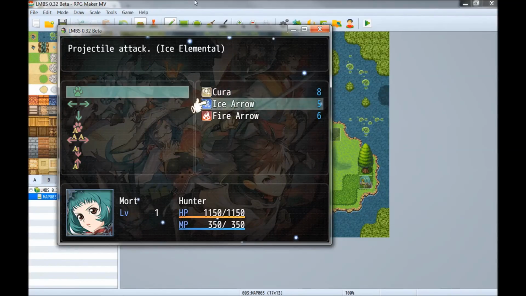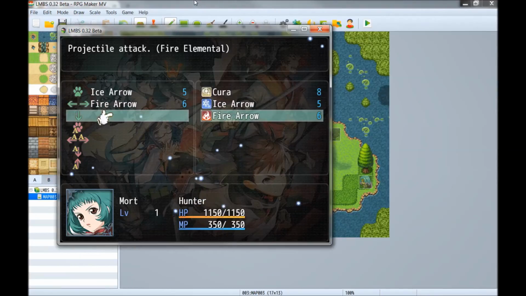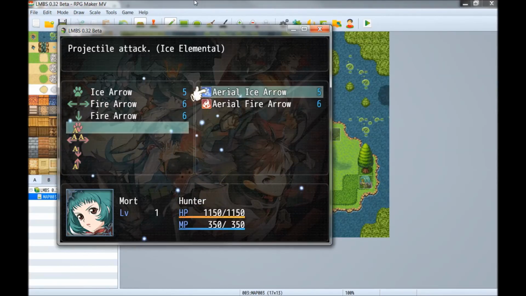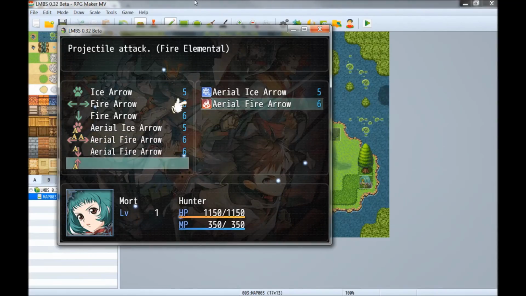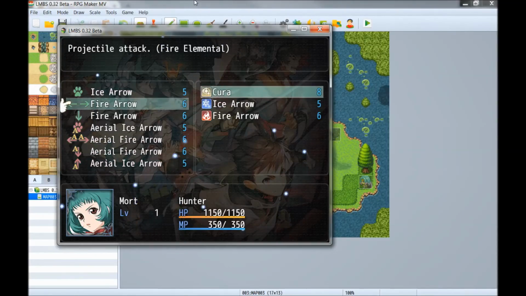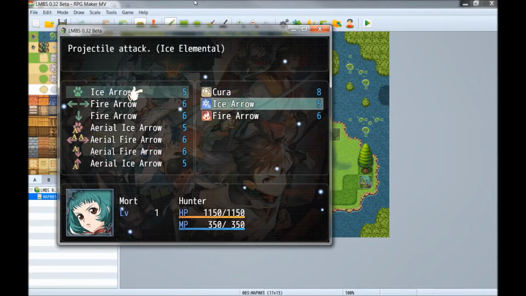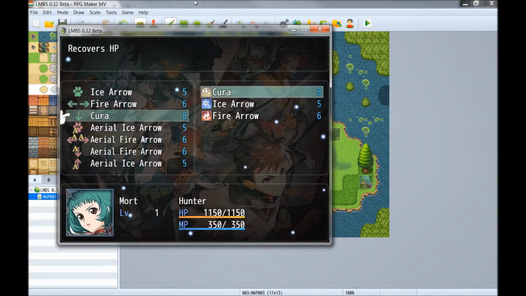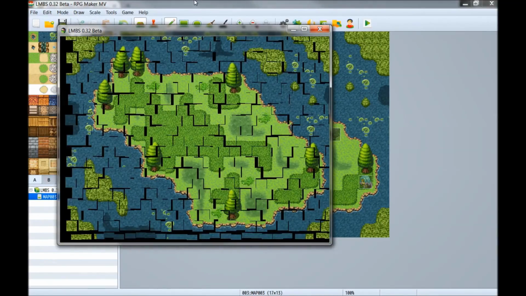So let's just go ahead and add ice arrow, fire arrow, and I'm not really sure. Oh, there we go. That's why we can't use cure. Actually, let's put cure with down. There we go. So now that we have equipped our skills, we should be able to